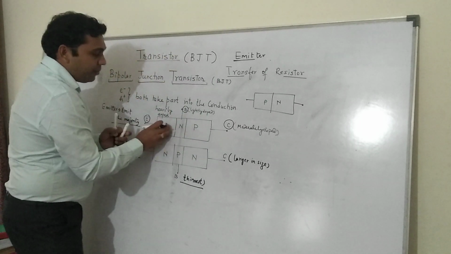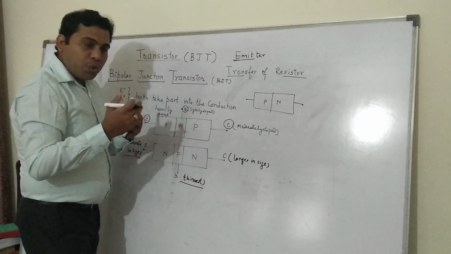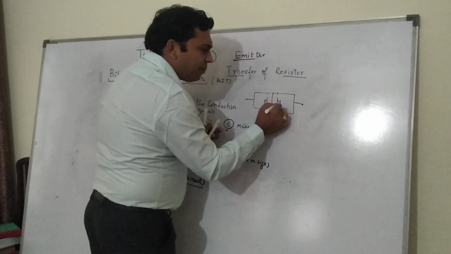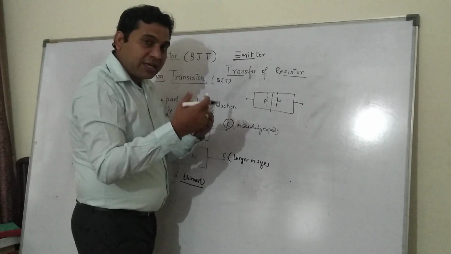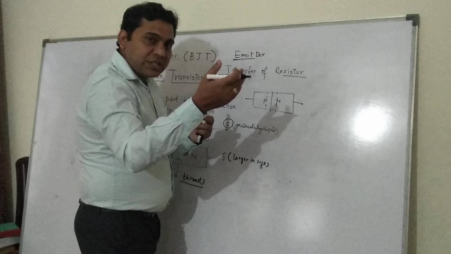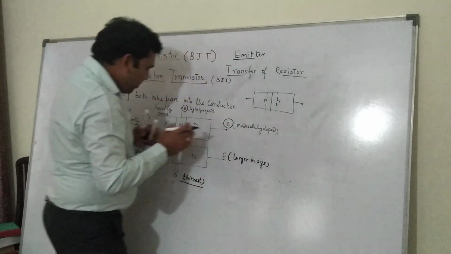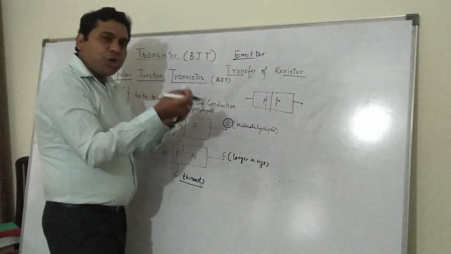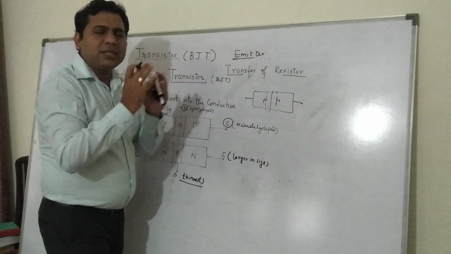It's not like that immediately as soon as you make the PNP, it will start to emit. No. As you know, in the case of a PN junction, initially there is a phenomenon, but it gets stopped after some time, when the thermal equilibrium is reached. The diffusion and the drift process stop after some time. Same here, you have two junctions. At these junctions, the PN junction theory applies, and the diffusion happens and the drift happens, and after some time they stop.